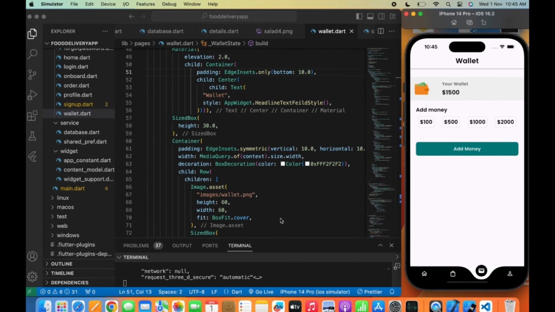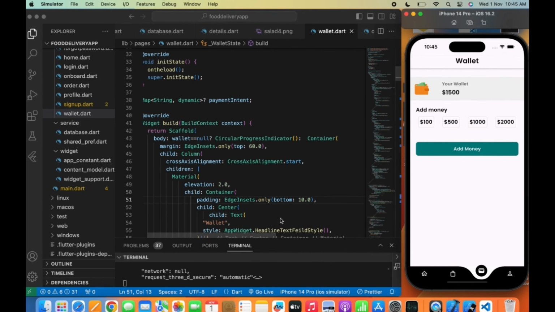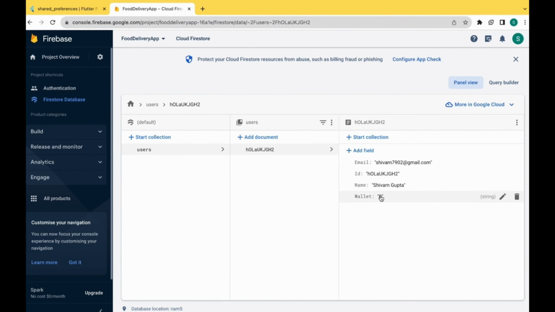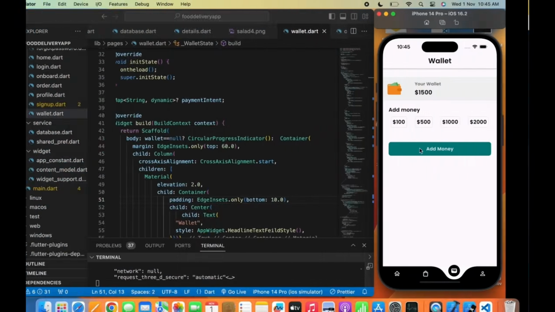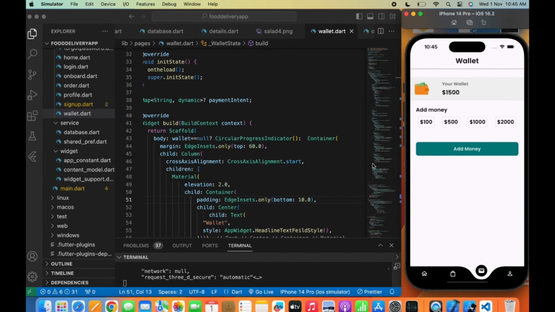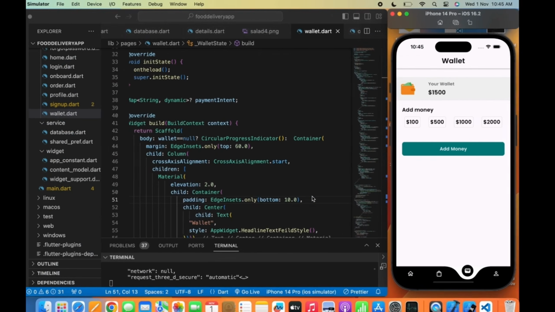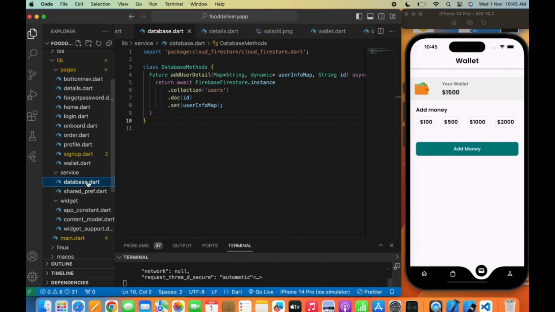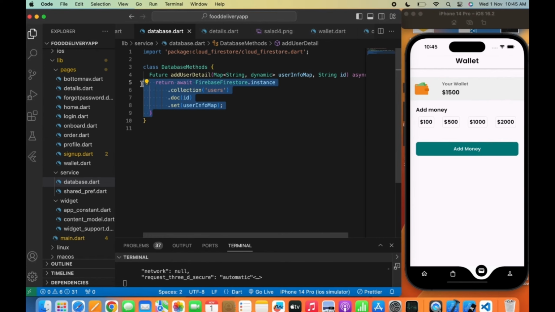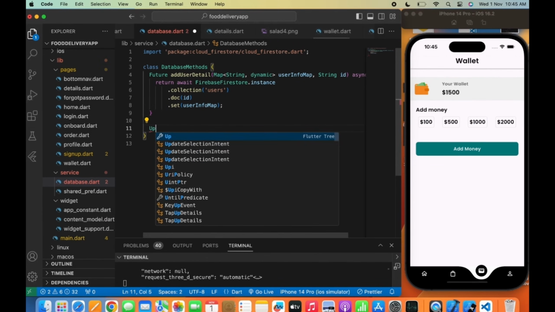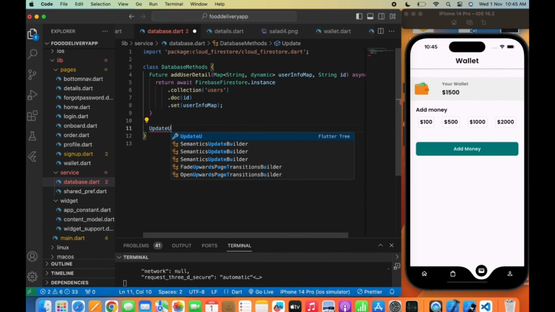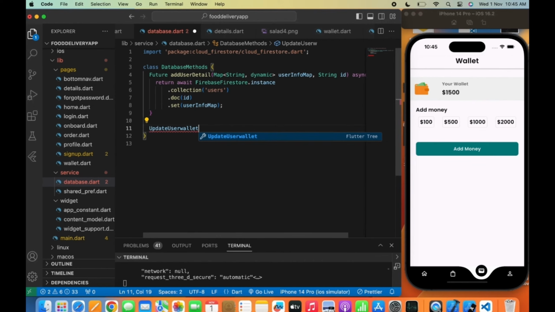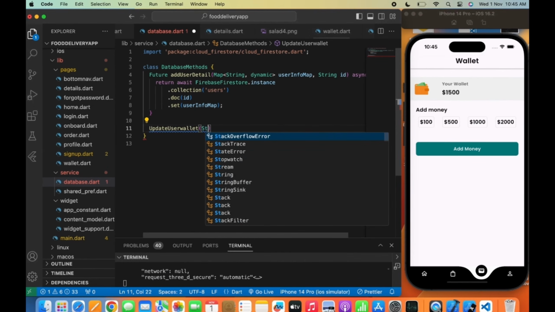But it is not the complete case here. I also want to update the data in our Firestore database where we have shown the wallet section. So we need to update this wallet here. So here it is showing the $1500. So I want that whenever I add money to the wallet, it frequently updates the data in the Firestore database too. So now let's move to the database.dart file and we'll create a function to update the